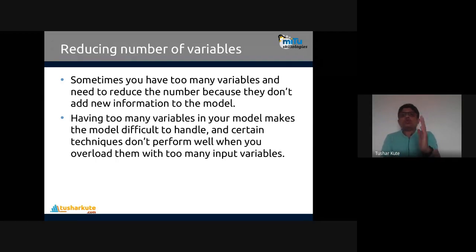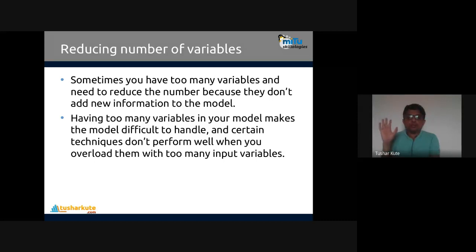In a data set, if the roll number of the student is given, the serial number of the product is given, or the ID of some patient is given, that ID, serial number, or roll number will not have any impact on the output. They will not be used for any purpose. An ID is just a number to recognize you, but it will not have any impact on the output. So when you do data analytics, data mining, or machine learning, such variables should be removed. That is called reducing the number of variables. Variables which are not very useful from the modeling point of view, you have to remove.